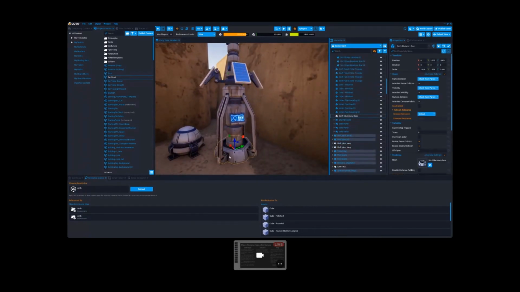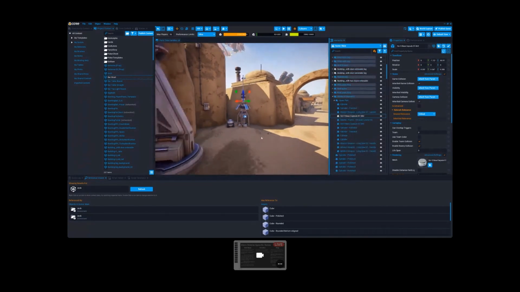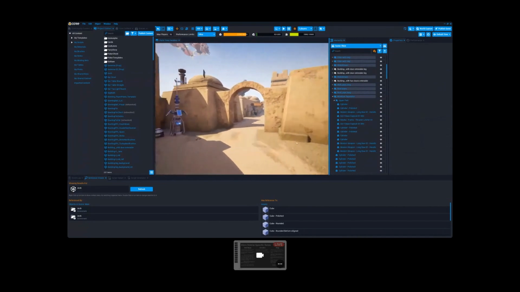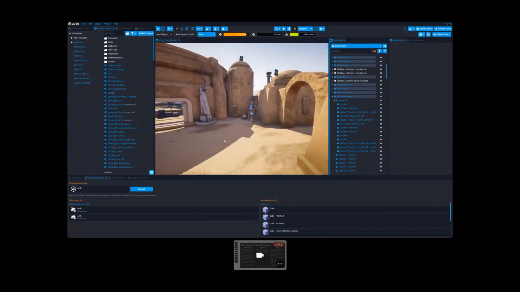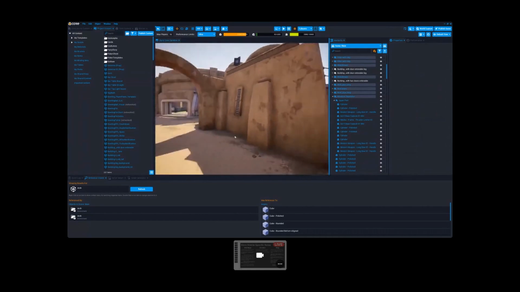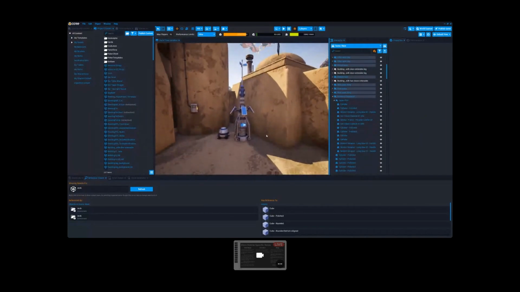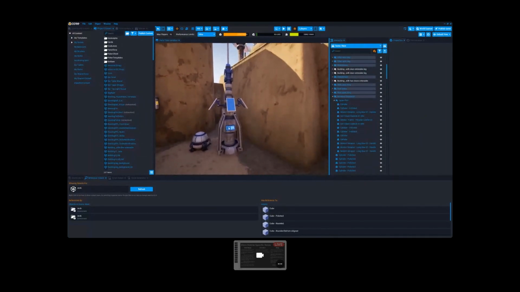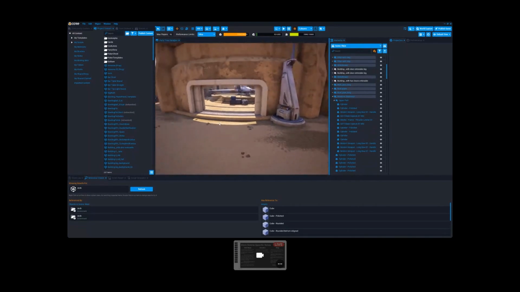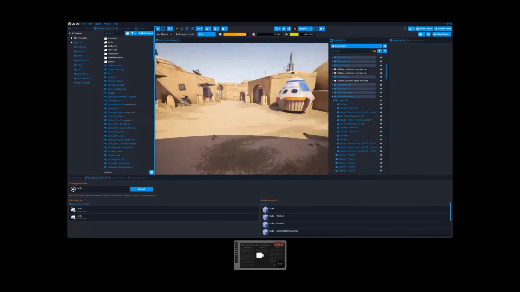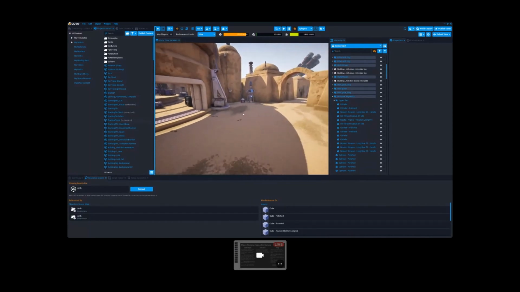Even though normally, or maybe even on PC, it works just fine as a merged model, because if you're over here and you pop around the corner, it's loading that whole thing just once by itself. That would be great on PC, but on mobile it just wouldn't be. So in this scene, I took out all the merged models, but